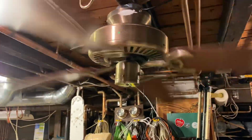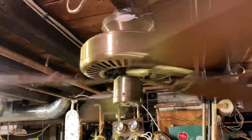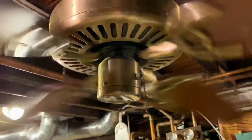And on the ceiling being tested right now is a 52-inch Hunter Coastal Breeze. This was probably like the second fan I found. I don't really remember. This one does not have its mounting bracket. I'm just borrowing the mounting bracket off of the Summer Breeze over there. The speed that it's running on is high speed. I don't know if it has a bad capacitor. I'm assuming it does. I'll give you guys a quick